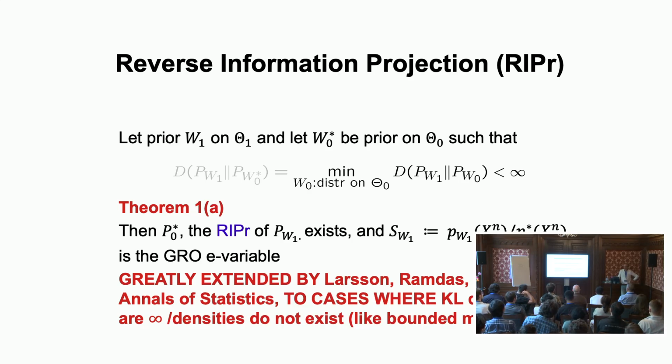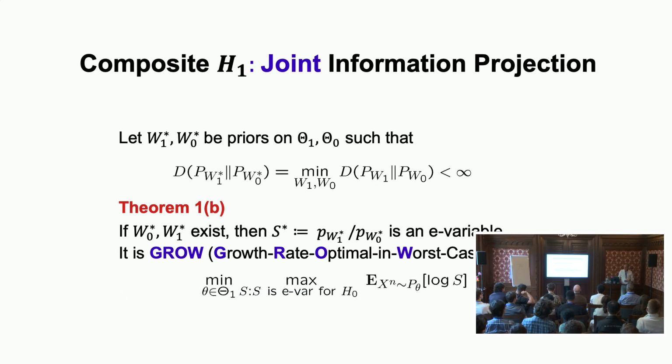You can generalize this even to the case where these priors are sometimes not achieved. So you take the minimum, you take this information projection, and you can find priors which make the KL divergence smaller and smaller, but in the limit there is no prior. But then they show there's still some e-variable you can have, which is kind of the limit, even though the limiting prior doesn't exist anymore. And it becomes very general. You give me any distribution on the alternative and any null, and I give you this growth optimal e-variable. It doesn't have any irregularity conditions at all, which is really surprising.